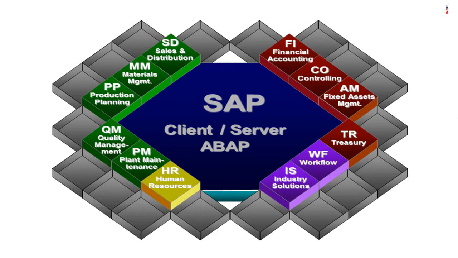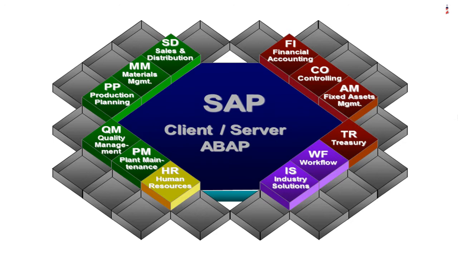of functional modules, namely SD, which stands for Sales and Distribution for managing sales functions, Materials Management for material planning and inventory, PP, Production Planning for planning production schedules, QM, Quality Management for quantitative quality control, PM, Maintenance of plant, machinery and tools, FI, Finance for financial accounting, CO, Controlling for controlling finances within limits and budgets, AM, Asset Management for managing all types of capital items, TR, Treasury to manage funding for short-term and